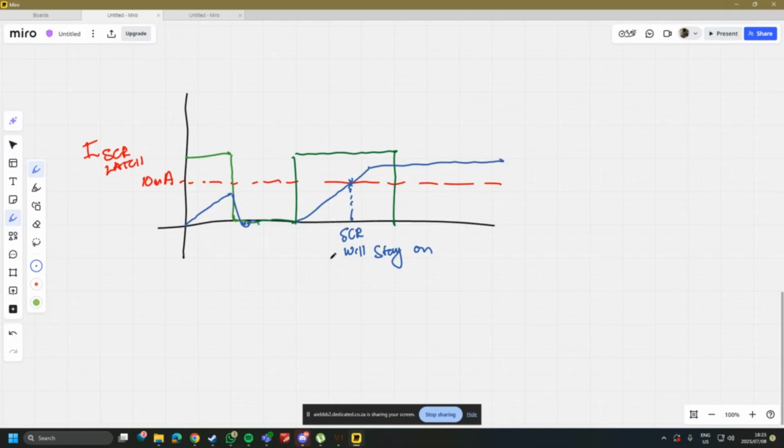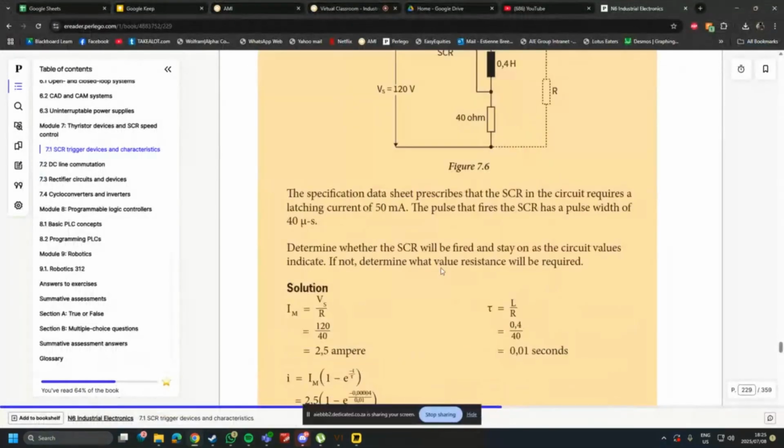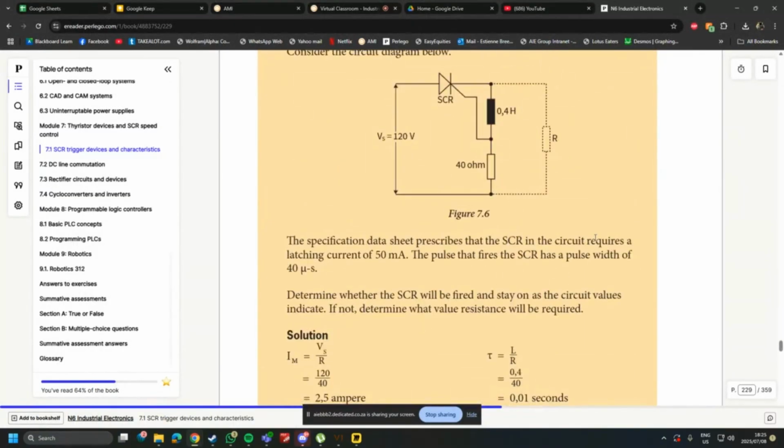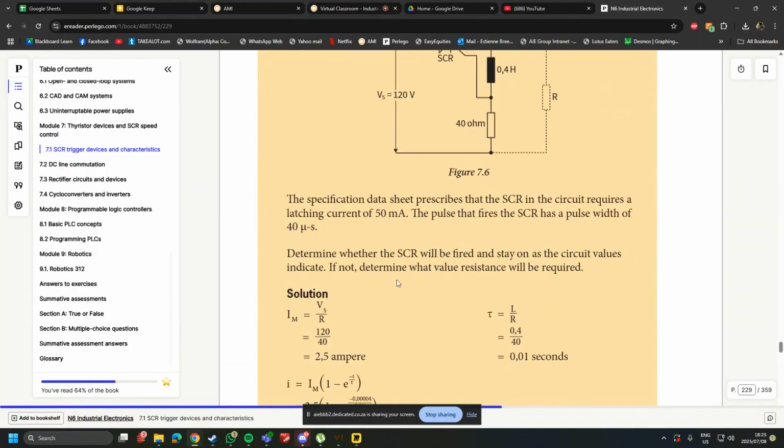Okay, so that's pretty much what's done there. So we can quickly take a look through this example. Essentially, we're told that we have a specific SCR with a latching current of 50 milliamps, and that the pulse that fires the SCR has a width of 40 microseconds. There's another way you can reach that latching current, which is by putting another load in parallel with your already existing load. All right, so we need to determine whether the SCR will be fired and whether it will stay on